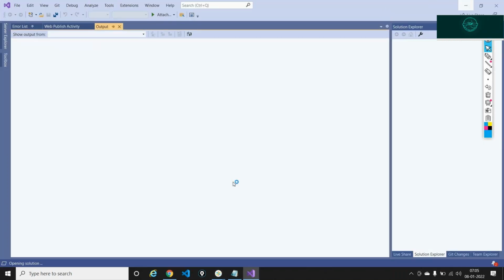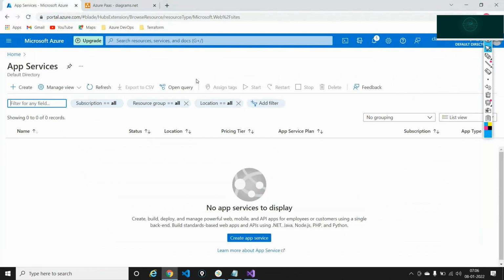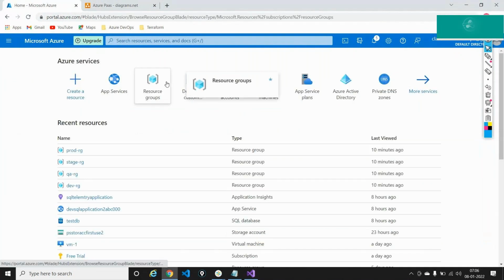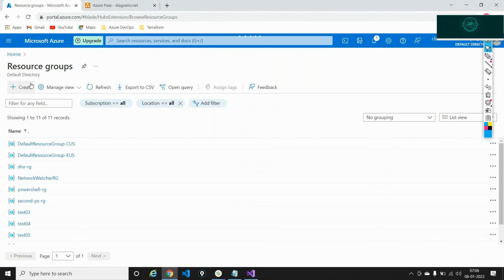So this is what we are trying to achieve right now. And yesterday we did write a code called first application. So I'm just opening up that code and let's see if I have an Azure web app that is running out here. Okay, so I do not have any app services. So what I'll do is I'll just go ahead and create an app service for myself. Okay, so let's just go ahead and create this.